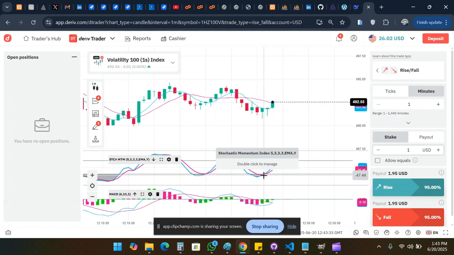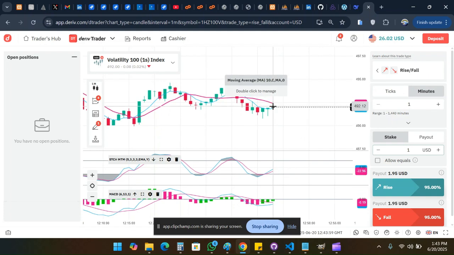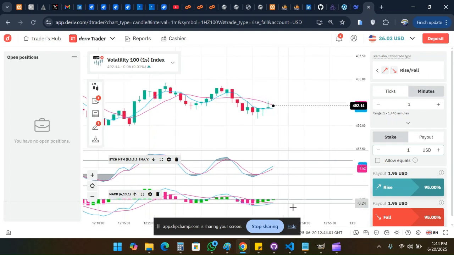The reason why I enter is that you see it crosses just around level 20 here, and the line crosses towards the upside. Are you getting that? Above level 20? So that is what made me understand that the market, at least for one candle, will have higher pressure of going up. Are you getting it now? So now, can you see the reason why I said at this point don't stay long?